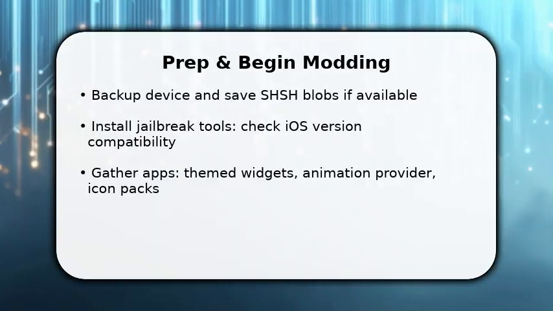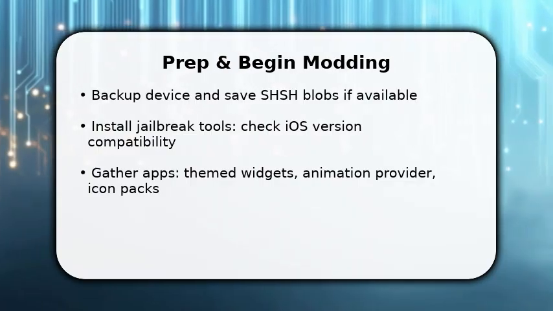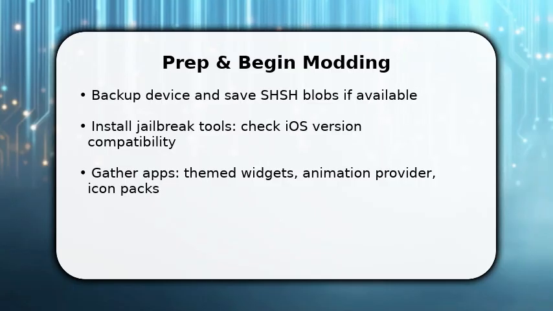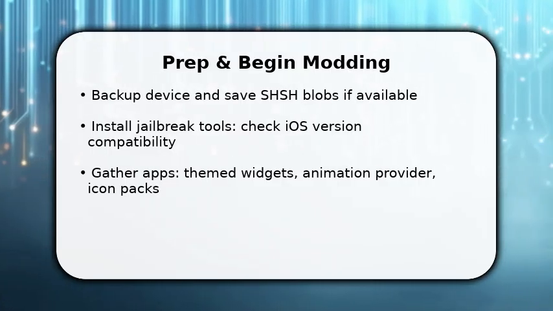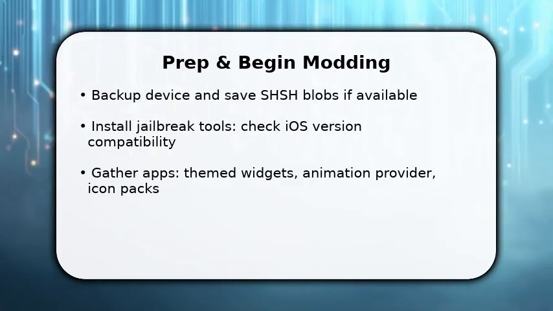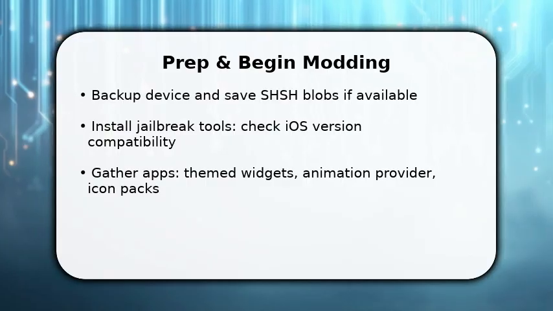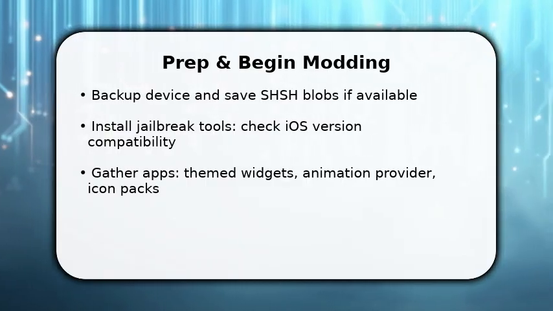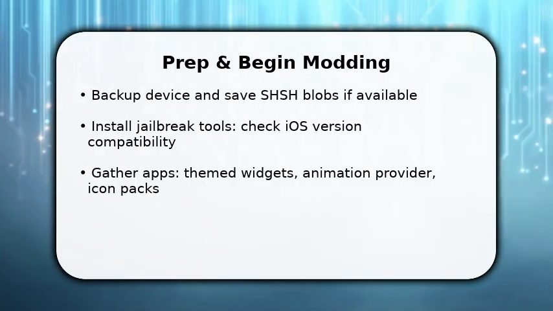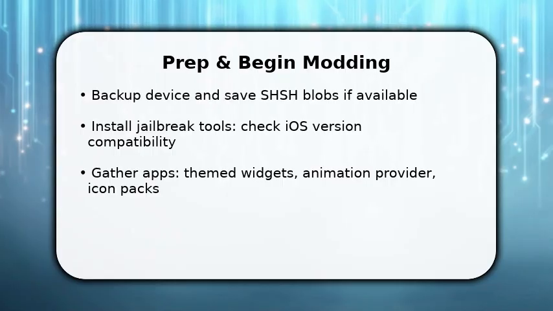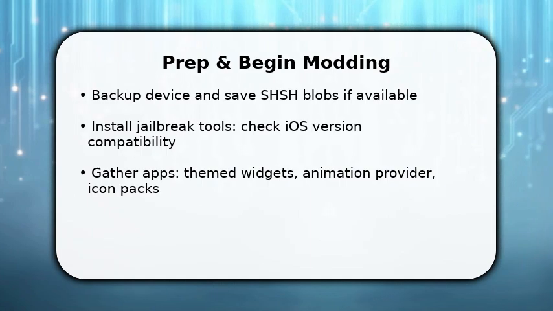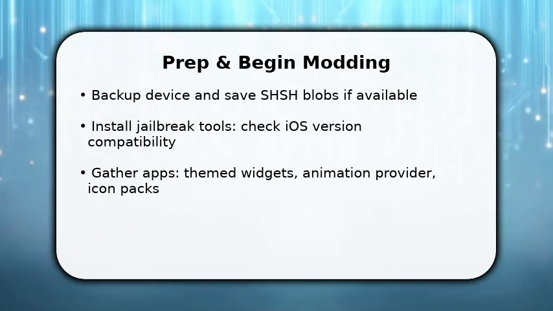You start by preparing the phone: back up, verify iOS version, and confirm jailbreak compatibility. Once done, install a lightweight jailbreak and a tweak manager so you can load extensions. Next, add an animation provider and a widget engine to host live content near the notch. Make sure to grant any tweak permissions and reboot only when prompted. This early setup avoids conflicts later and provides the hooks needed to graft a dynamic Highland-like overlay onto the existing